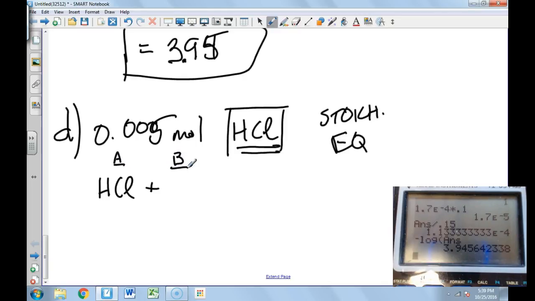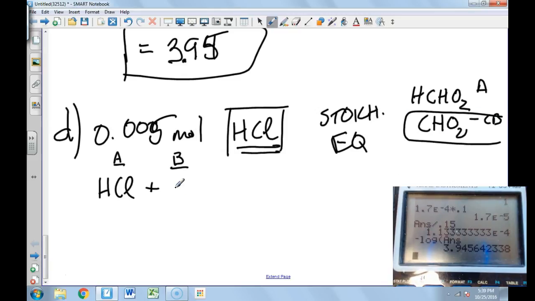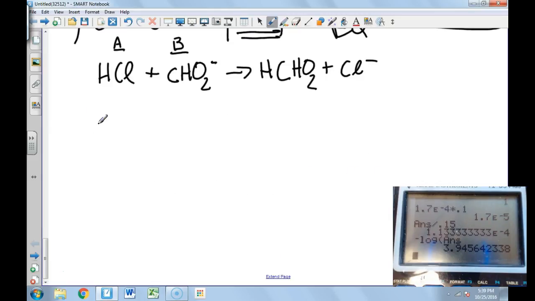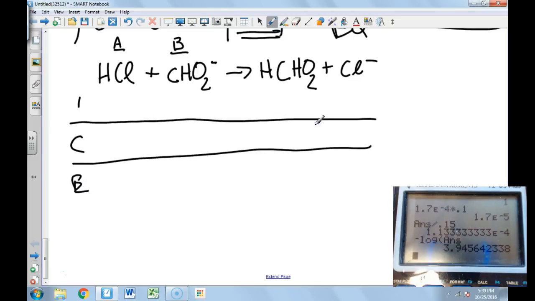So now what's the base? Well, the only other things in the solution are HCHO2 and CHO2 minus. This is the acid, and this is its conjugate base. So the base that we're worried about is going to form CHO2 minus. And now we do our proton transfer, equals HCHO2 plus Cl minus. And so now we can do an amounts table, or an ICE chart, what I call a